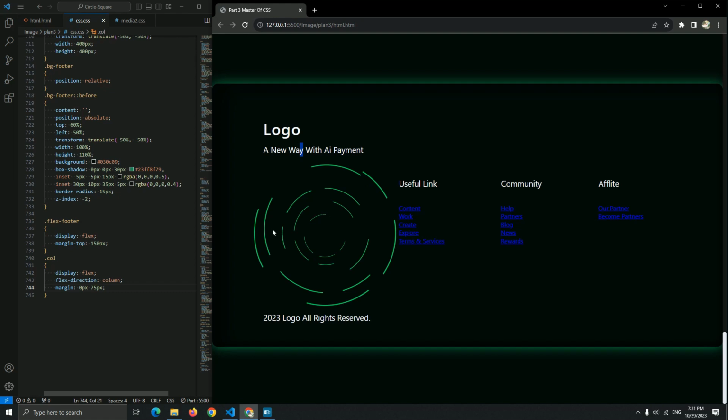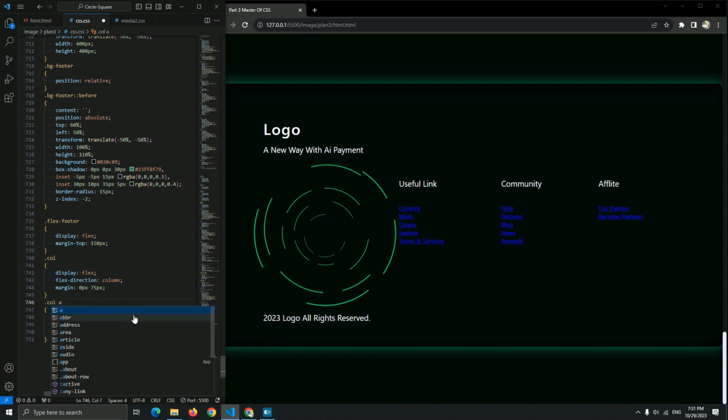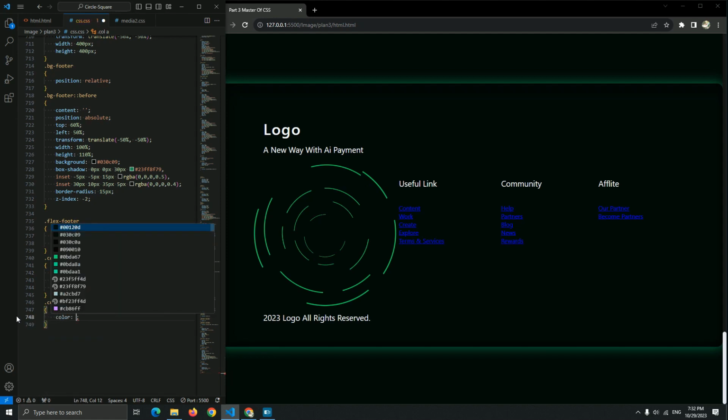Okay, now let me call the link of the column, and add the color and font size. So the column A, let me add a color, this color.